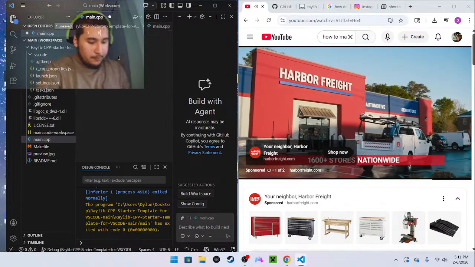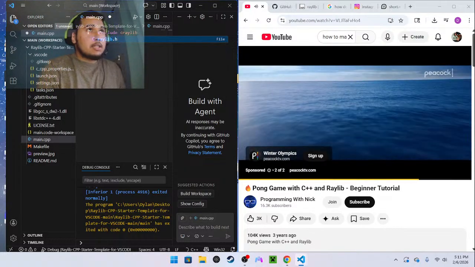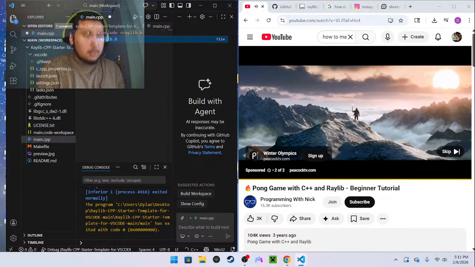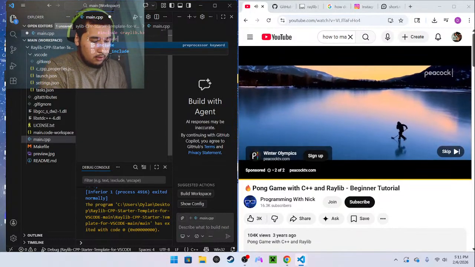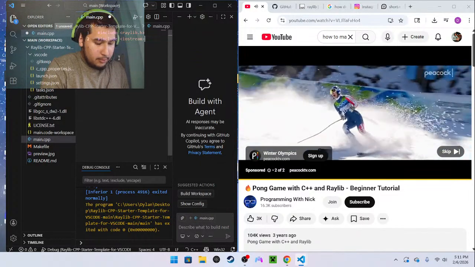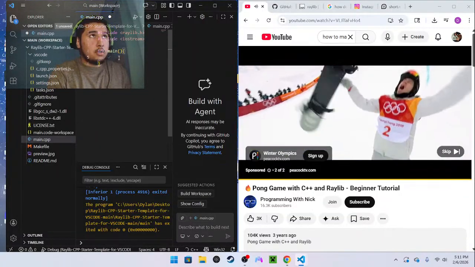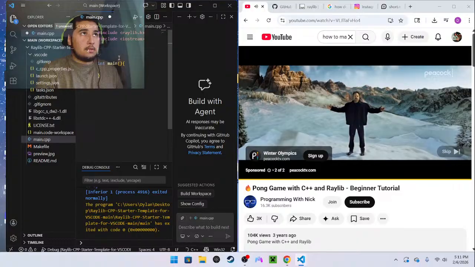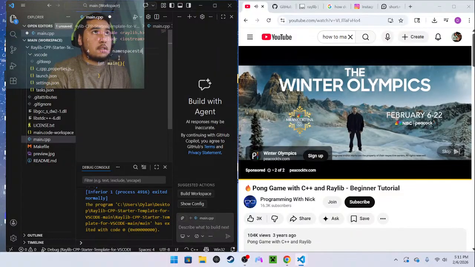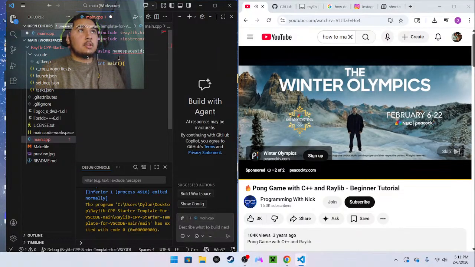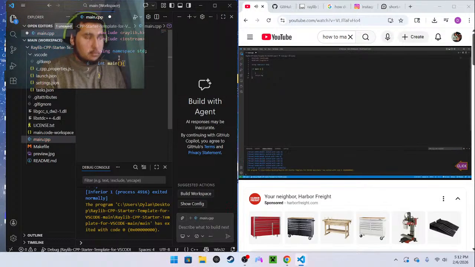Okay, so the first thing said include raylib.h. I wonder what the .h was for. And then include iostream, int main, and I think he had using namespace std. Wait, is that how I put it? Okay, I think I'm supposed to print something to the console to see that our setup is working.